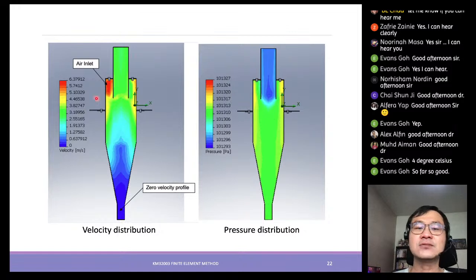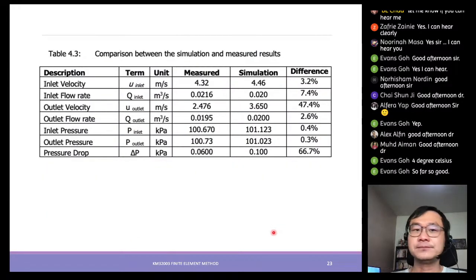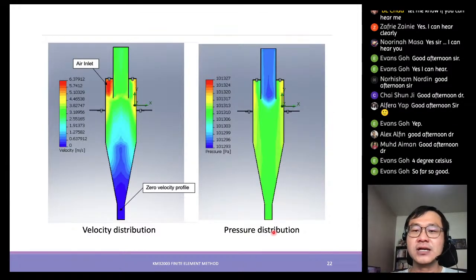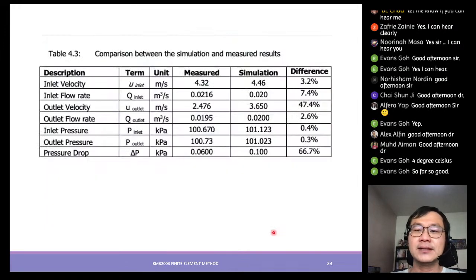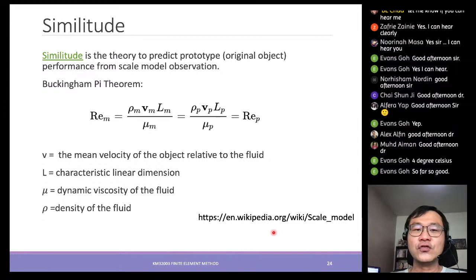The faster flow will be at the side, and the middle will go out. So this is the velocity distributions as well as the pressure distributions. This is where the simulations and the measurements are for this laboratory equipment. And if we want to predict the original object, that is lab size, but in the industry,